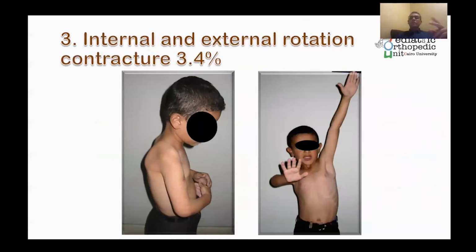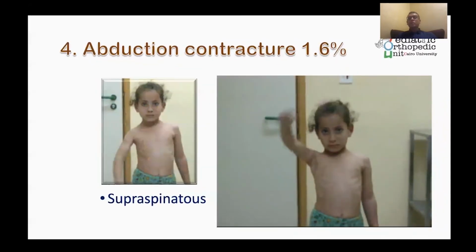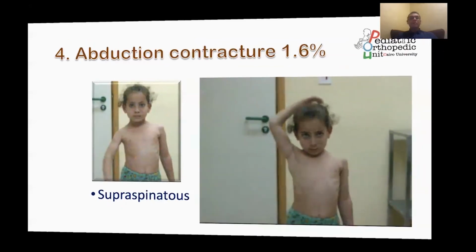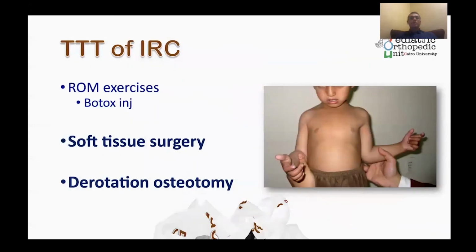Combined external rotation and internal rotation contracture is usually missed and usually diagnosed as an internal rotation contracture. So it is important to test passive range of internal rotation to ensure full range of internal rotation to diagnose the patient as having only internal rotation contracture. Abduction contracture, usually it is good. There's no need to treat it because it helps in abduction range, and very limited abduction range may indicate that this patient is not fit for tendon transfers around the shoulder.